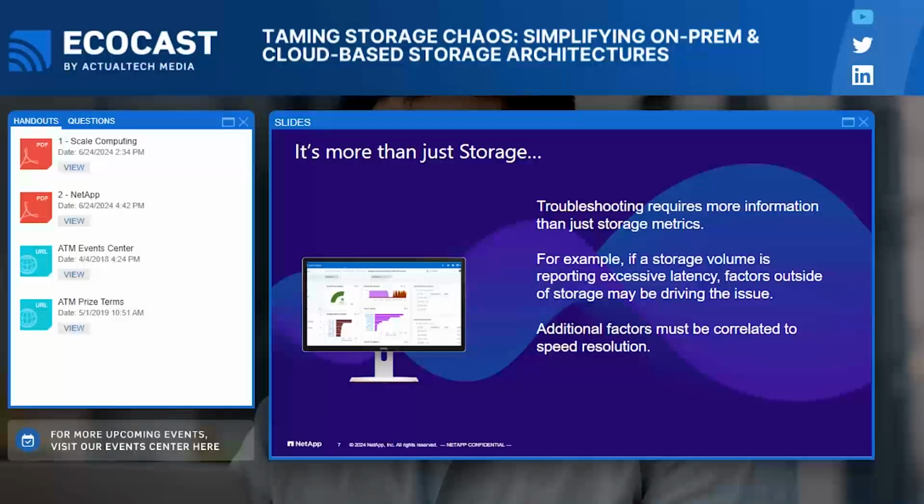And without a single pane of glass, you're back on the phone with your virtualization team talking about the IO that's being generated on the volume. And it can turn out that there's 2 or 3 or 10 other VMs that share the same volume, and they're creating an unusually high amount of IO, which in turn is causing latency on that original VM. So hopefully your VM team's up to date on who's running those VMs, and they can contact them. There might be new workloads that have spun up, SQL queries might have been updated. There's some sort of new workload or something that's causing that additional pressure, right? Some of your workloads might have been migrated.